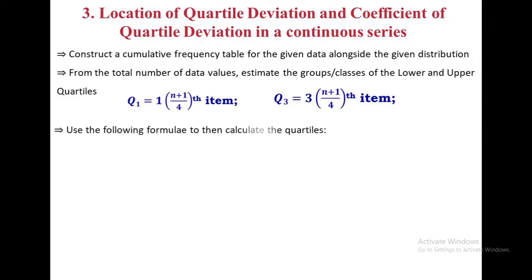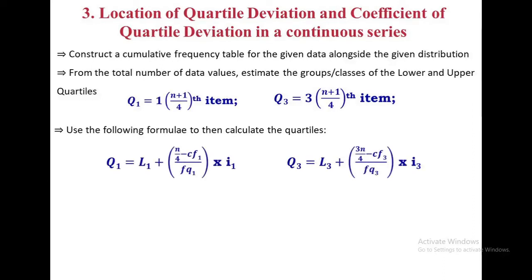And after finding out the group or class in which quartile 1 and quartile 3 will lie, we can calculate quartile 1 and quartile 3 with the help of the following formula. Quartile 1 will be equivalent to L1 plus n by 4 minus CF1 divided by FQ1 into I1, and quartile 3 will be equivalent to L3 plus 3 into n by 4 minus CF3 divided by FQ3 into I3, where